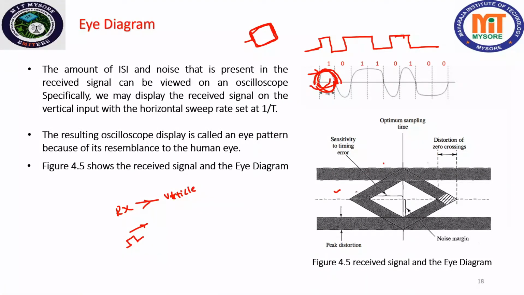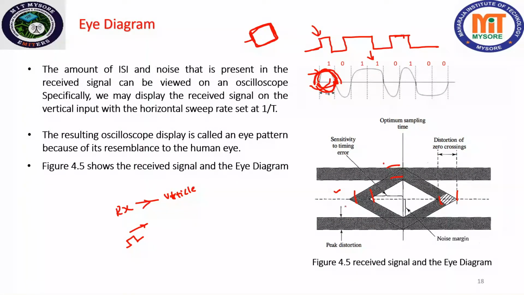So there won't be any distortions which are shown over here, like zero crossing distortions or peak, because the ideal signal will be having the same amplitude and the rise and fall times, whereas the received signals will be spread in time, they will be added with noise, and because of that we cannot expect whatever we have transmitted to be received. So because of that we can have kinds of distortions which are observed in this particular